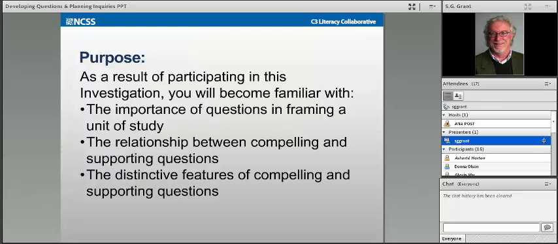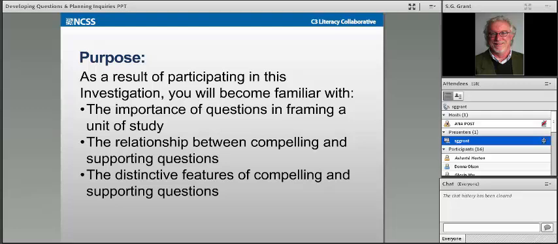Well, good afternoon, everyone. I'm S.G. Grant. As Anna said, I'm Professor of Social Studies Education, and I was a senior advisor and contributing writer to the C3 framework. I'm really pleased to be part of this program of webinars aimed at supporting the implementation of the framework, because as you all know, developing a framework is one piece of work, but actually having it implemented in the classroom is quite another.